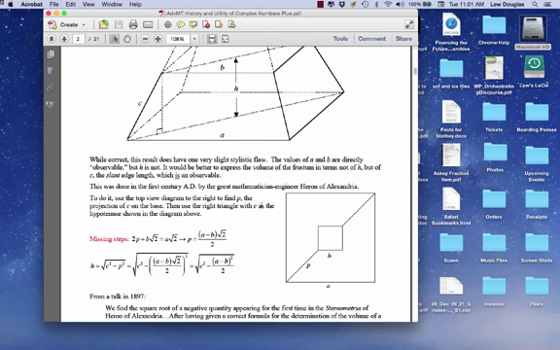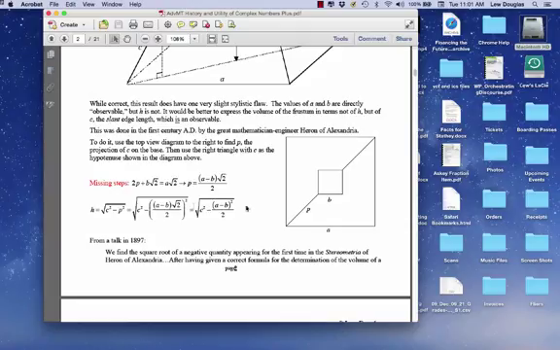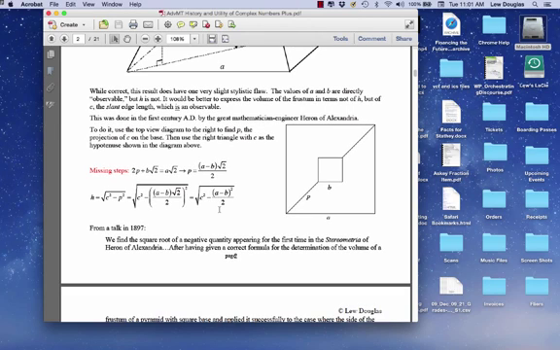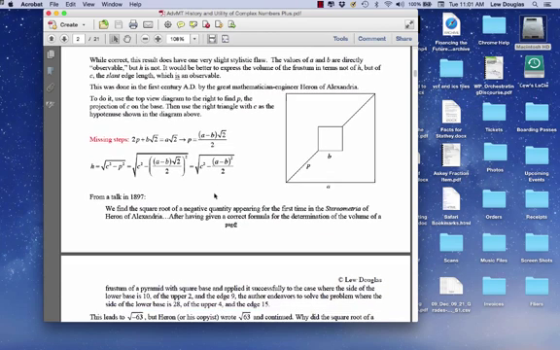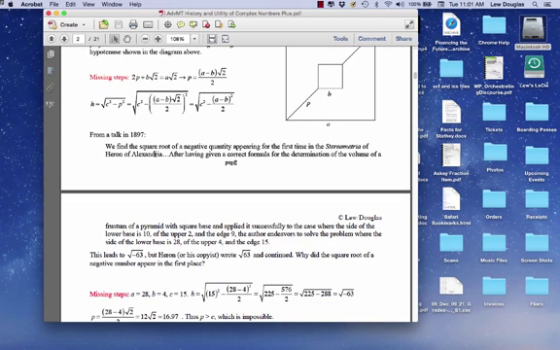And then if you look at this diagram and follow the missing steps, we get an expression for H in terms of A, B, and C here. So I'm going to leave it to you to try to follow that algebra. Okay, and then from a talk in 1897, this is relatively new,